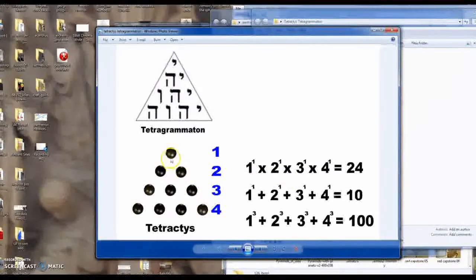This might seem simple, just a triangle made up of 10 dots. If we multiply them all, we get 24. If we add them together, we get 10. But in the third dimension, if we do 1 cubed plus 2 cubed plus 3 cubed plus 4 cubed, we get 100, and that's a key. There's a 4D matrix built around the binomial theorem. The connections back to these harmonic numbers are just extraordinary. I've done a video on it. The binomial theorem's pretty nice, but if you do it in this sort of 4D matrix, with vertical, horizontal, diagonal lines, every single time it brings us to these very lovely, perfect harmonic numbers.